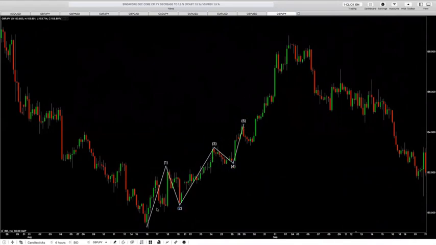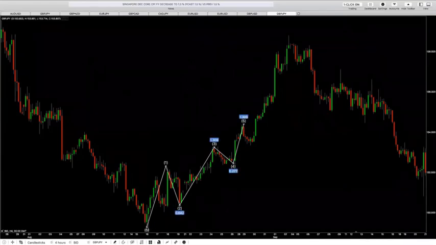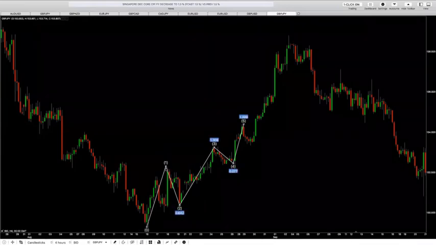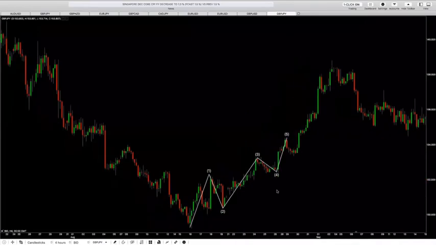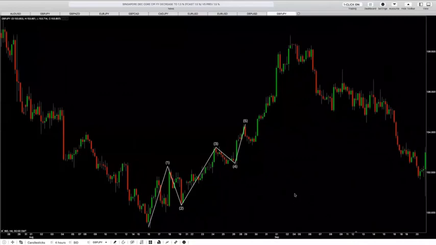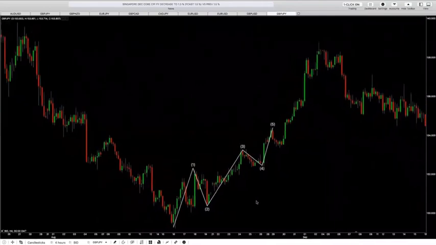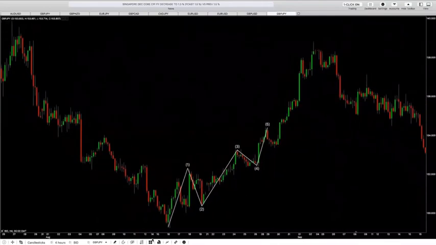Okay, this is known as market structure. This is known as lows and highs in the market, and lows and highs are what create the market structure. It's how you're able to spot uptrends, downtrends, and consolidation points in the market. So it's very, very important that you know how to spot this, because if you do not, you're not going to understand when a head and shoulders pattern is coming.